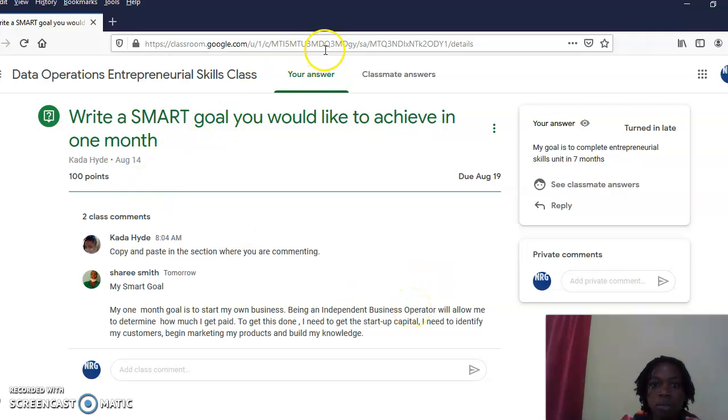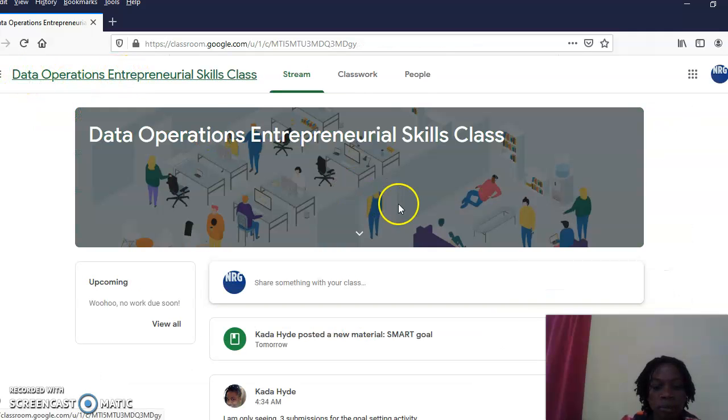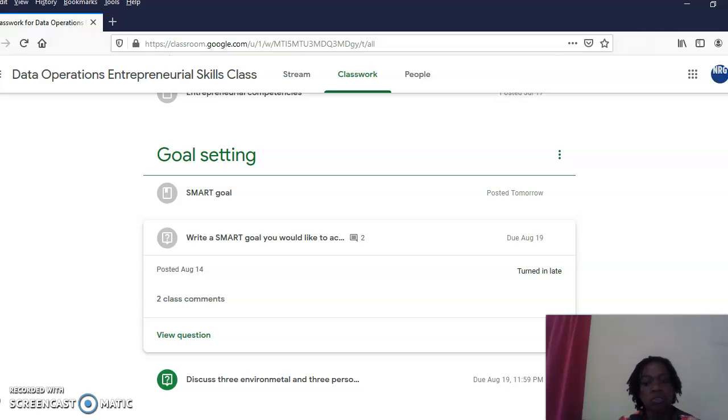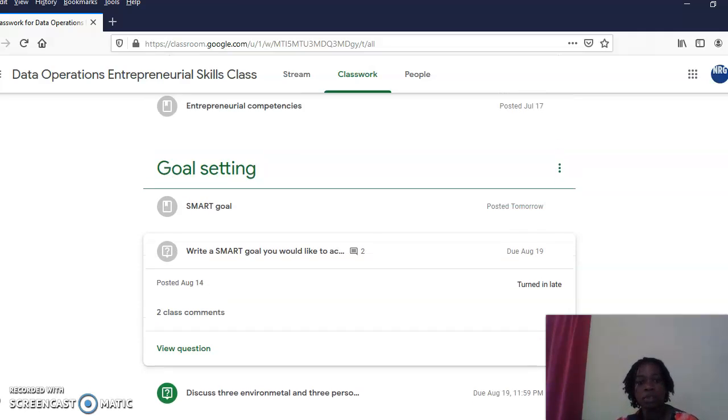Second, let me check on my other assignment pieces. The environmental one would be the same thing.